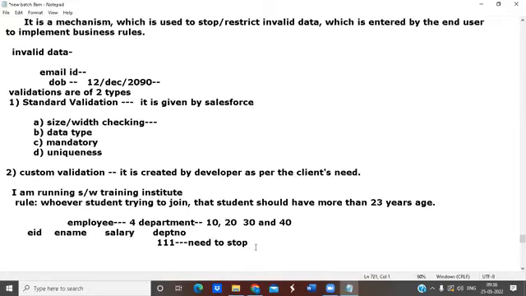The scenario is very simple. In my company, I have only 4 departments: 10, 20, 30, 40. Other than these 4 departments, if you enter any other department, that record should not be allowed. Got it. Second point is